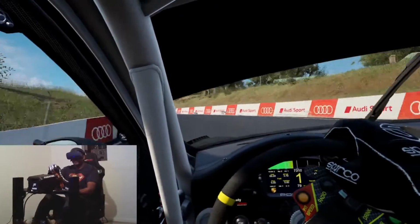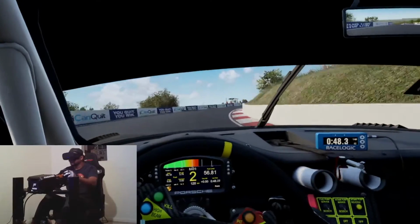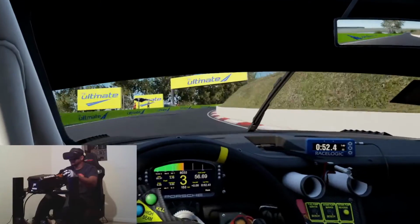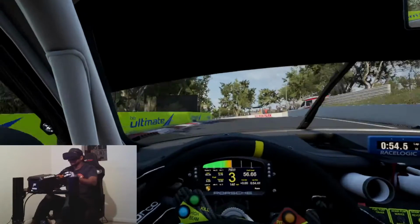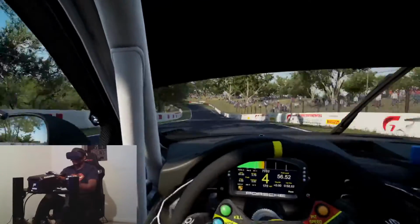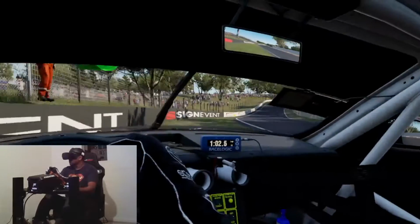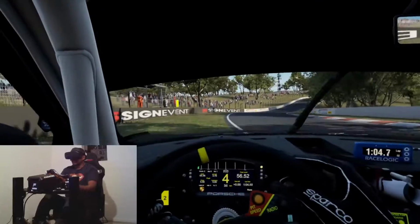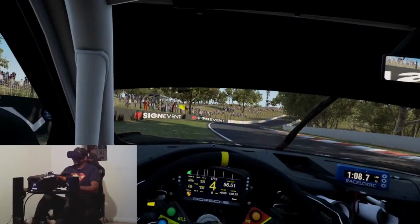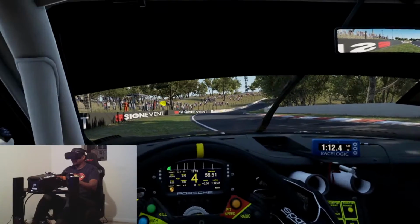So I'll say this about the force feedback. On the straights, you can feel all the small details. And, ooh, we've got some light damage on the front. And that's what throws me off right there, is that when you go into a corner here,